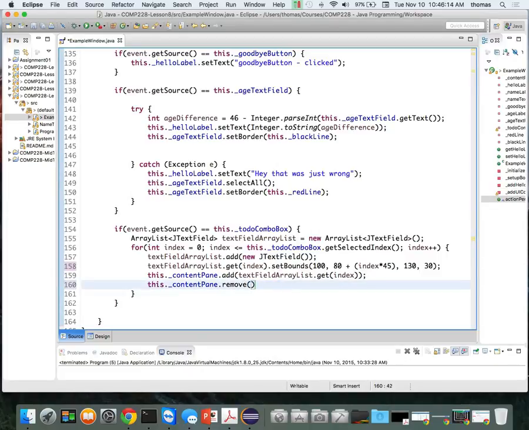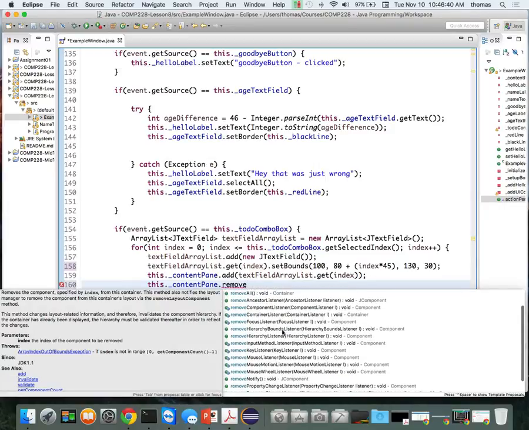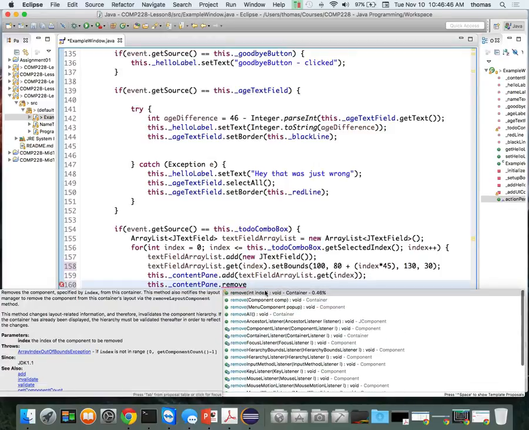How about, I want to remove my components. So I want to put remove. What other kind of remove methods are there? Because remember, remove is probably going to be an overloaded method. I can remove by index. I can remove the component that I'm looking for, whatever the component is, from my container. I can remove my menu component, pop-up. I can remove all, remove ancestor, remove component listener, container listener, and so on. There's a bunch of different ones. If I keep looking down here, most likely it's not going to be any one of those down there. It's probably going to be either this index, if I knew the index number, and notice it says 0.48% chance that it's going to be that. What about this one, remove